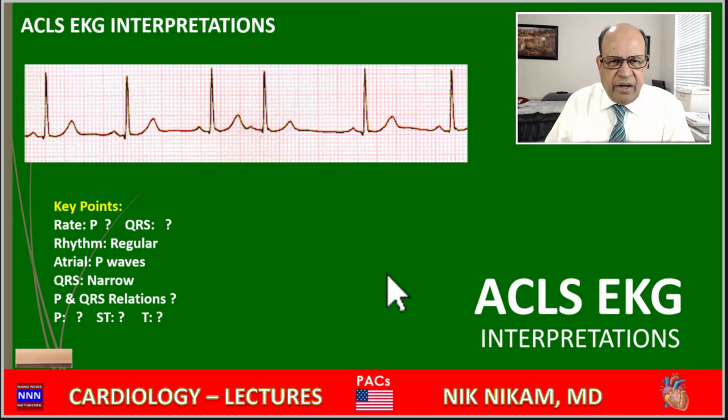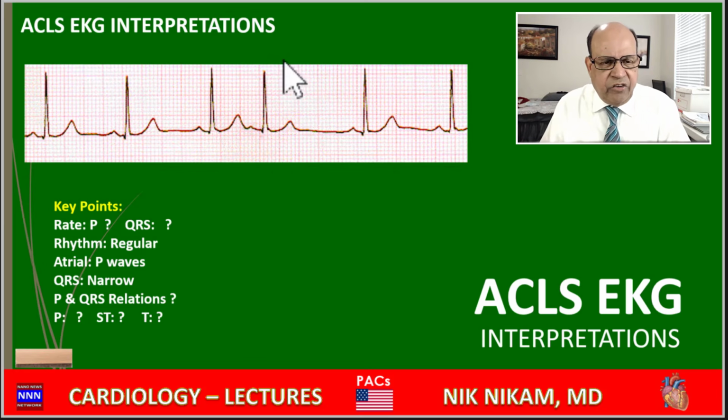Pause here for a second and come up with your diagnosis, then we will proceed. Here we have a sinus beat, sinus beat, sinus beat. Then we have an early beat, because if you look at the PP interval, this is the PP interval and this is coming in early. So this is a premature beat and we see a P wave. So this is a premature atrial complex or beat. So this is an isolated atrial premature beat.